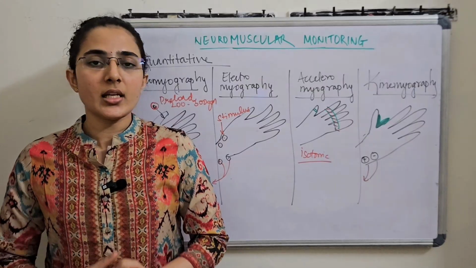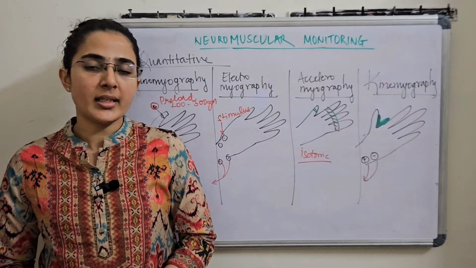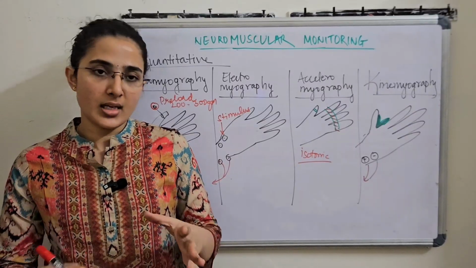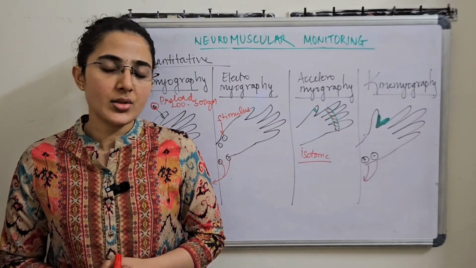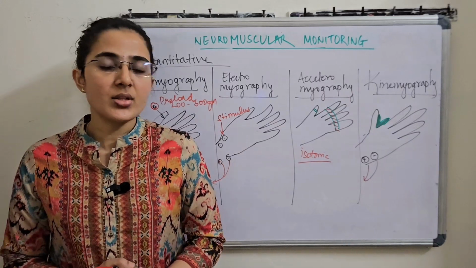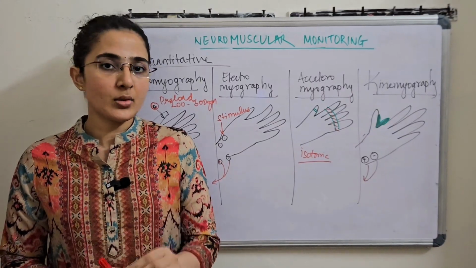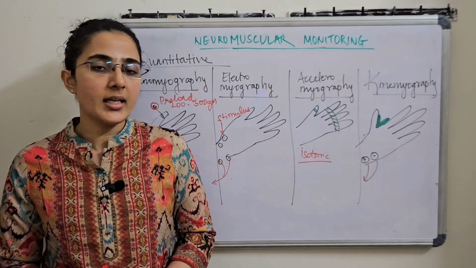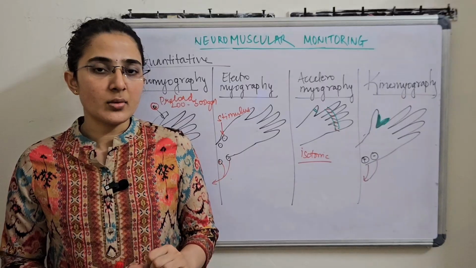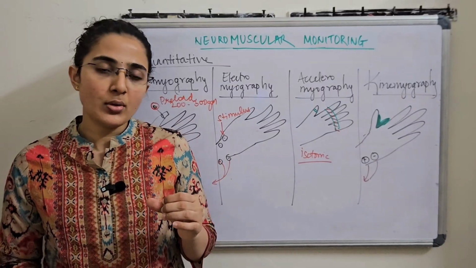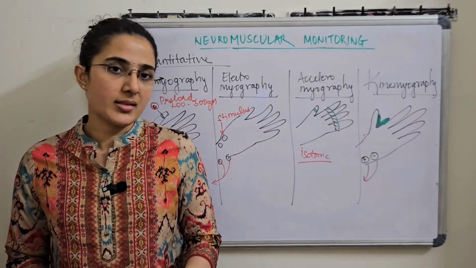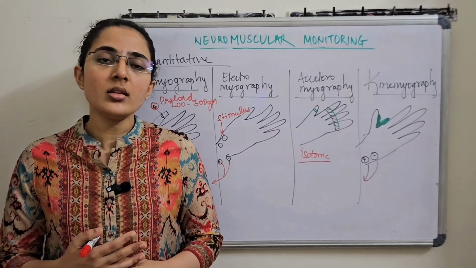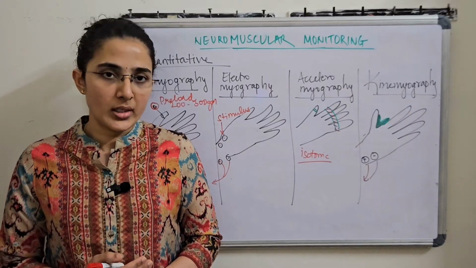So how do we actually use the neuromuscular monitor? If you are taking a patient under general anesthesia, we can give the induction agent, and then give a single twitch. By single twitch, we'll be able to calculate the supramaximal stimulus. Once we obtain this, we can give the depolarizing or non-depolarizing muscle relaxant, and we can look for either the single twitch or the TOF, that is train of 4 monitoring.